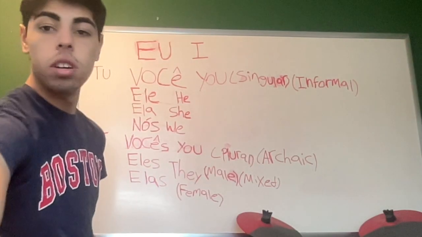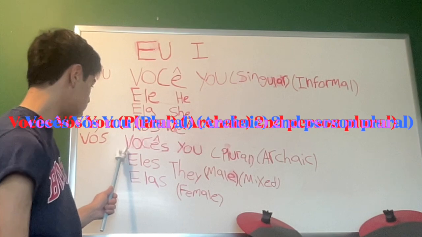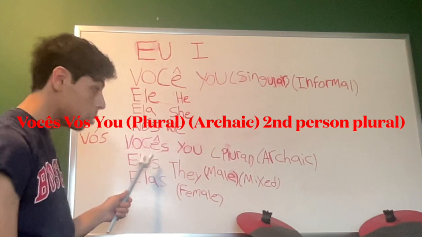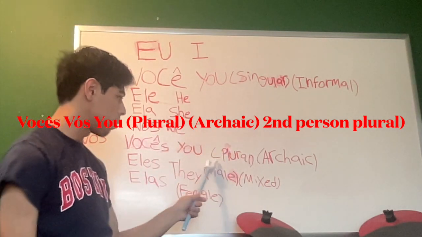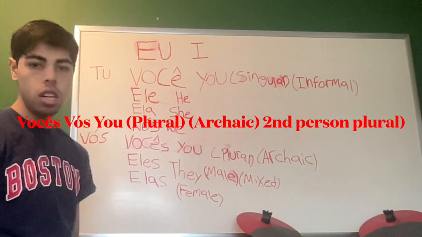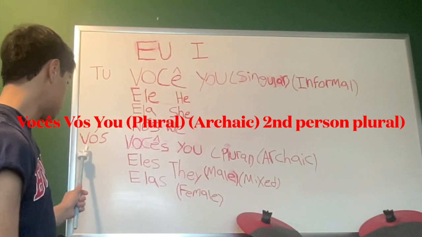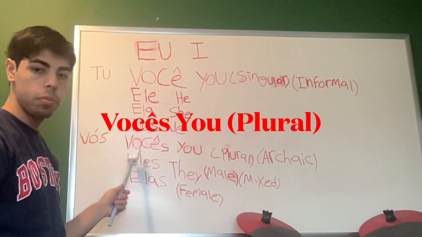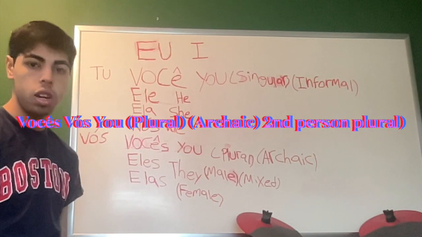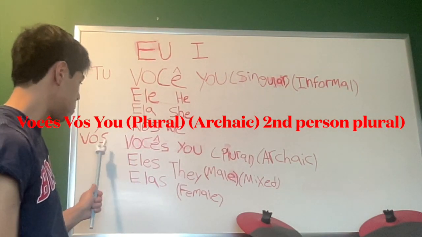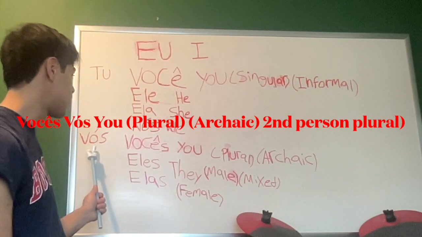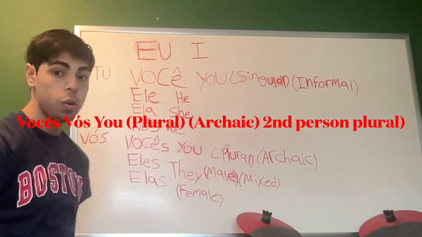And then this one right here is "vocês". You have an S at the end because it's a plural. So if you look all the way right here, this is a plural version of it. And this is also "vós", same thing as the one up there. You would only use this one in certain parts of Brazil. We don't usually see people use this one a lot. We usually see people use "vocês", because only certain parts of Brazil would use the other. So that's the plural one. For the second person plural, you would use "vocês" or "vós", which is second person plural because there's an S at the end.